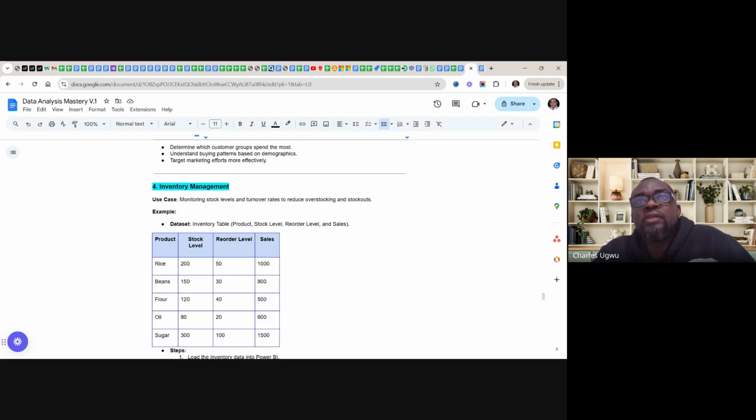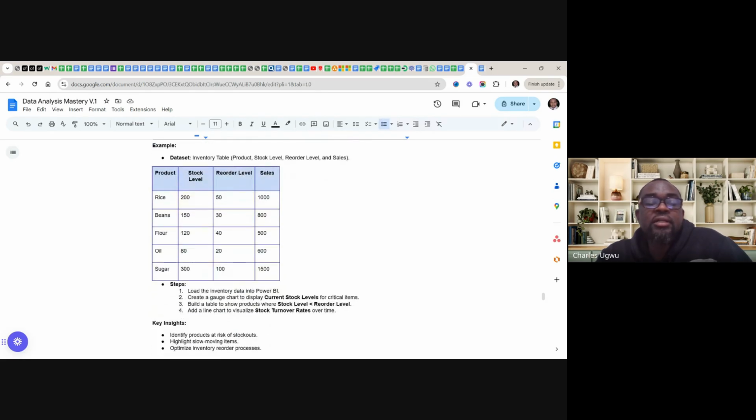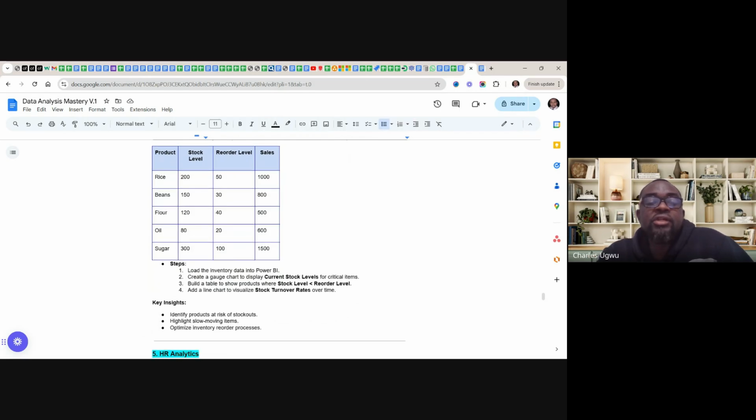If you read customer buying patterns, you know some customers are frequently coming for a particular product. Well, you make sure that you are not out of stock for this product. So this is how we can leverage Power BI to analyze and have insight on how to manage our inventory. Most of the time, the data set will have these columns: product, stock level, reorder level, and sales. And steps in analysis: load